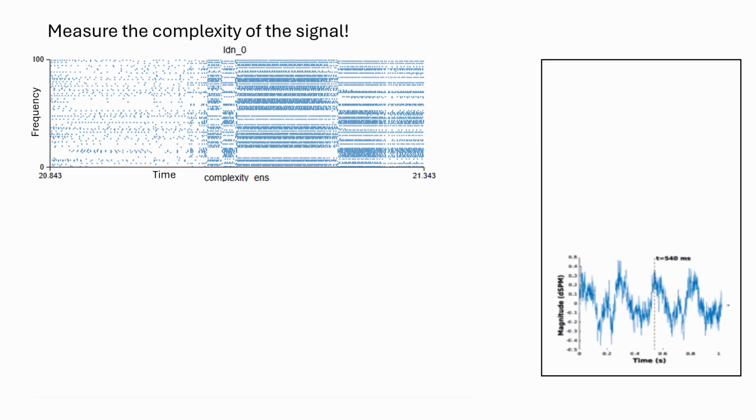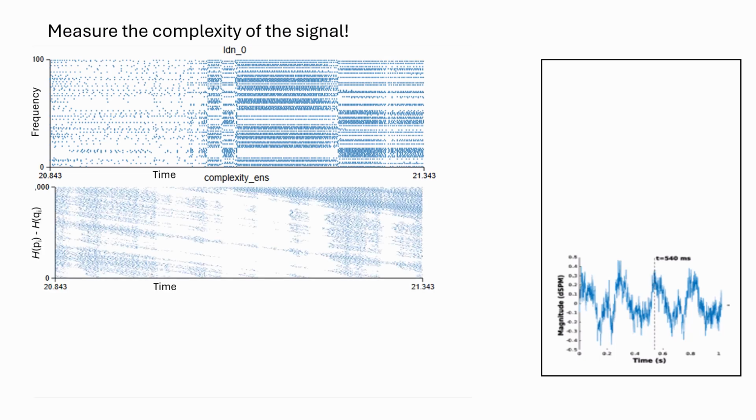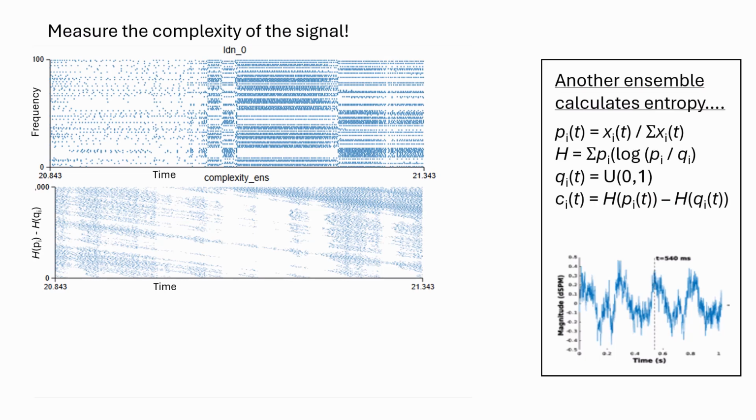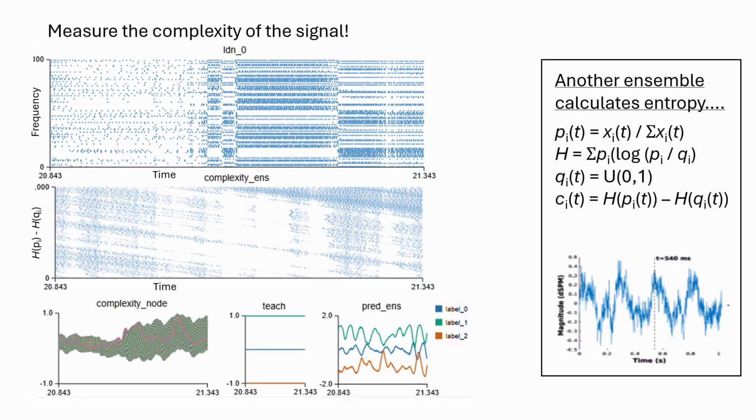And this is, again, we're trying to extract a signal from the noise. And so when we map out the complexity, essentially we're taking the entropy of this Legendre delay network and we're comparing it against the entropy of the random uniform distribution. So really we're trying to identify the information that's being encoded in that layer 1 or layer 2. And so we can do a cross-entropy loss function and do a little bit better on this prediction.